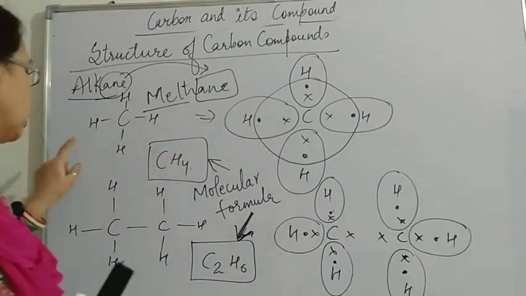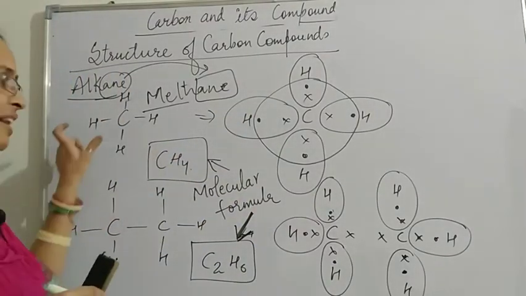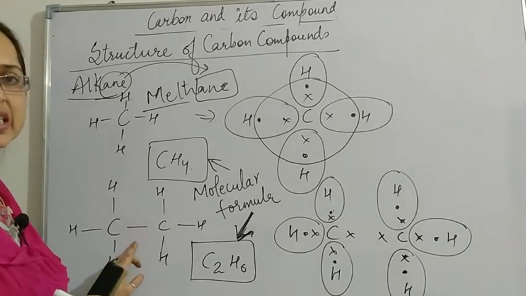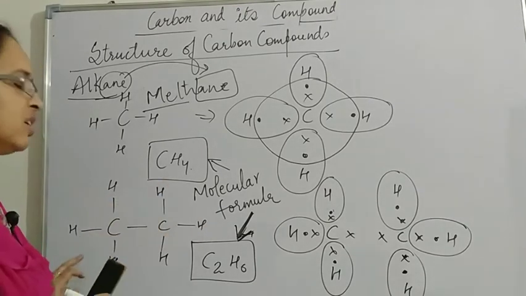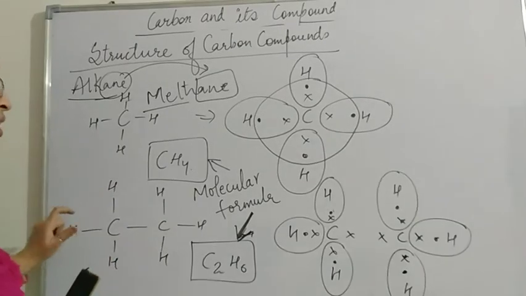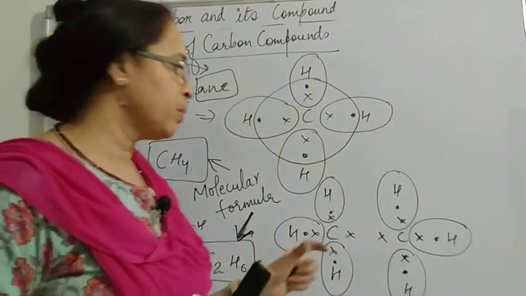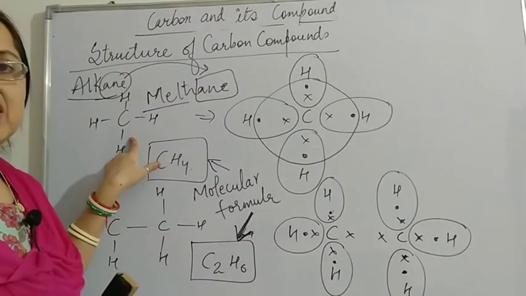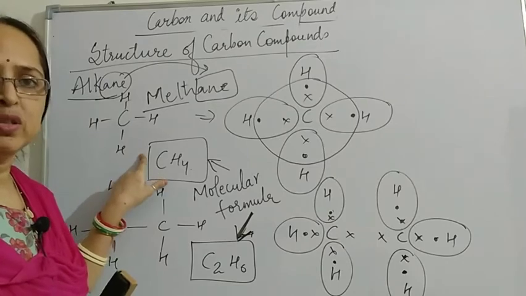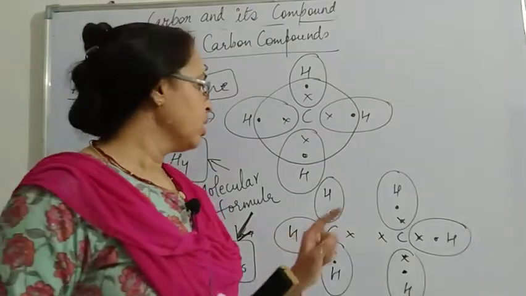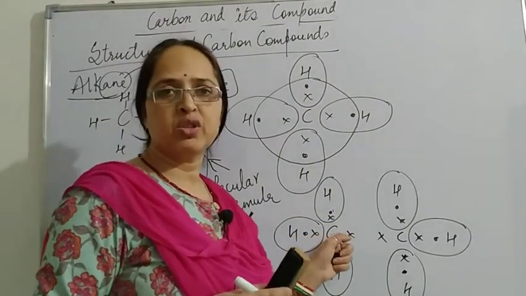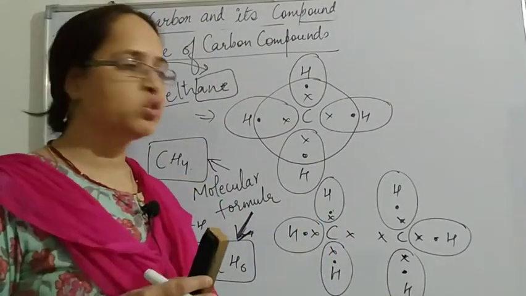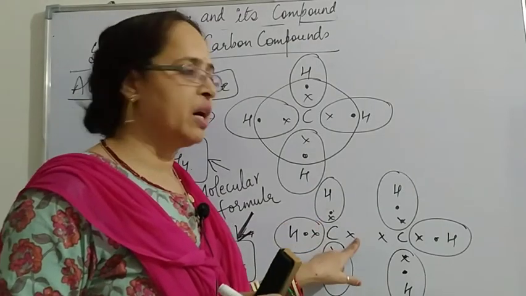Now when we talk about the second member of the alkane series, that is the 2 carbon compound, where the 2 carbons are covalently joined with the hydrogen atoms. Here the first thing we have to remember when we make the electron dot structure or the structural formula of carbon compounds is to check the valency. We know that each carbon has 4 valence electrons. So first of all we have to mention the 4 electrons of carbon.